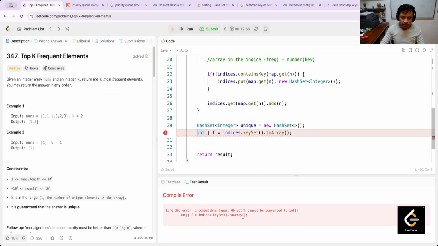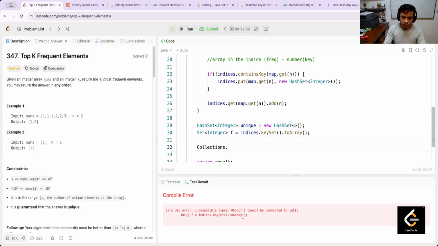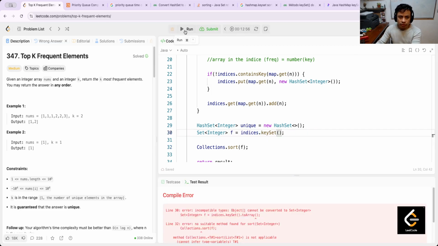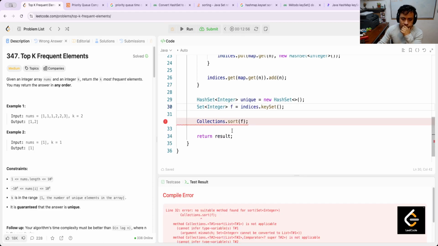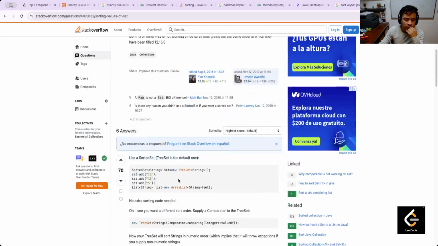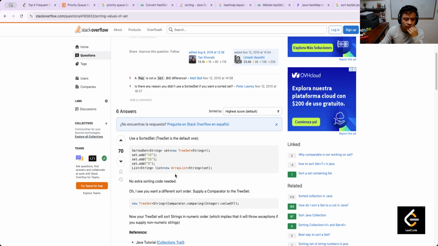Okay, I think that it's set integer, and next is collections dot sort. I'm not sure what is the